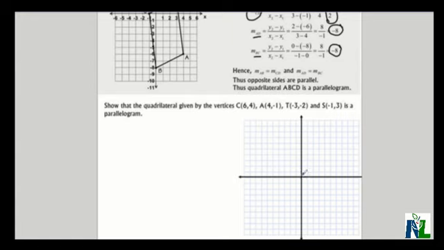Here's C, which is 6 and 4. 1, 2, 3, 4. Here's C. A is 4 and -1. T is -3 and -2. And S is -1 and 3. The figure certainly looks like a parallelogram, but we do have to find the slopes of each side just to